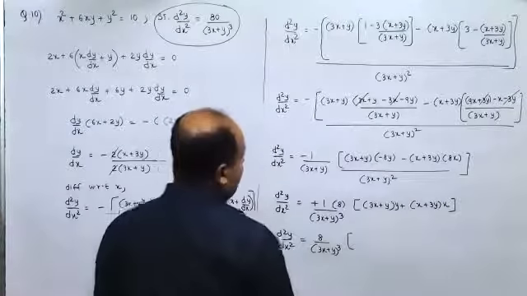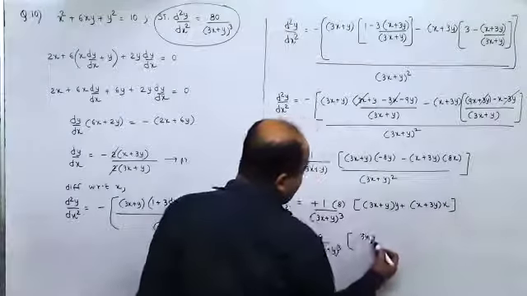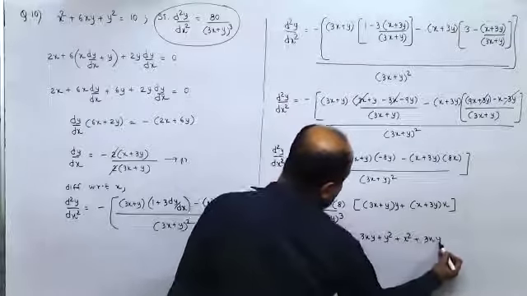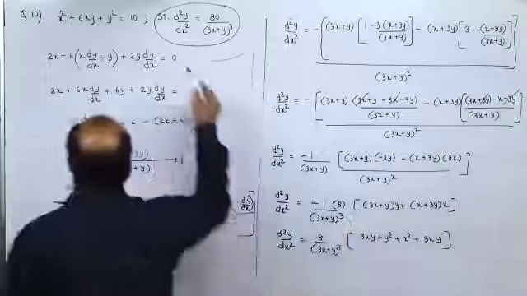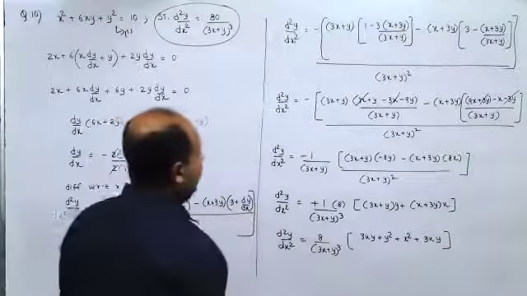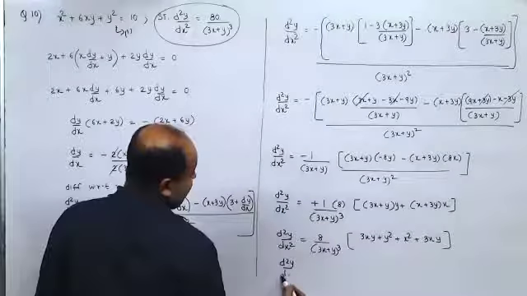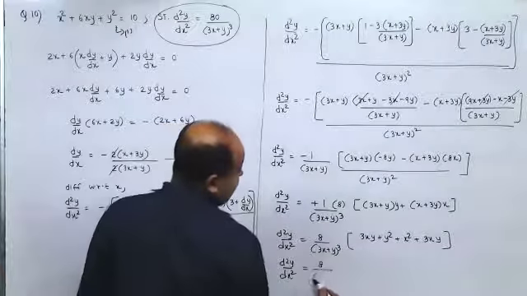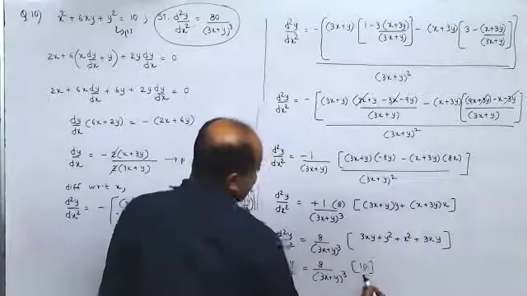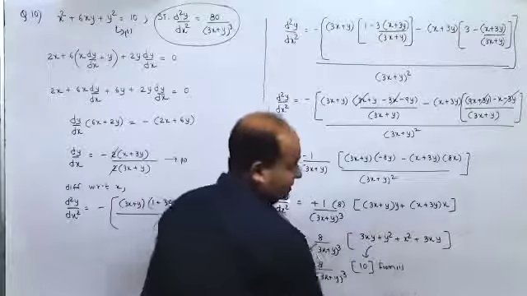This is 3xy plus y square plus x square plus 3xy. So that is this term. So this is 1, this is 2, and this is 3. So here from 1, I'll get d square y by dx square equal to 8 upon this term into, this is given as 10 from 1, and therefore you get the answer.